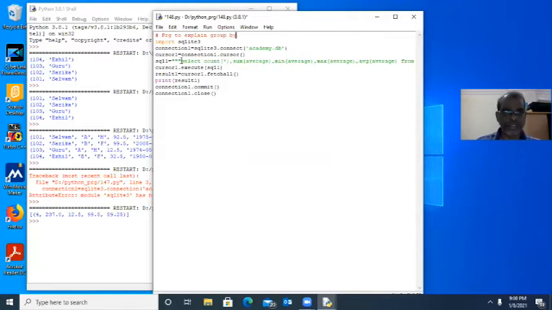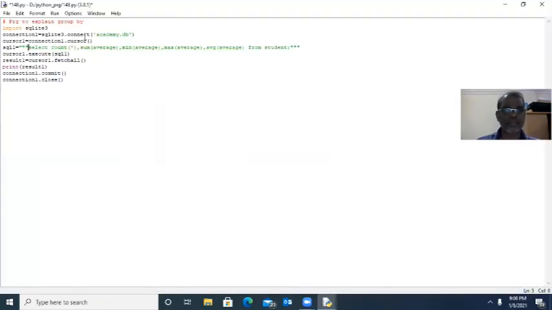We are allowed to change the SQL statement. Here my aim is I want to show the number of students in each gender status.